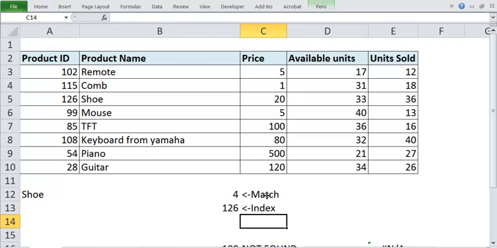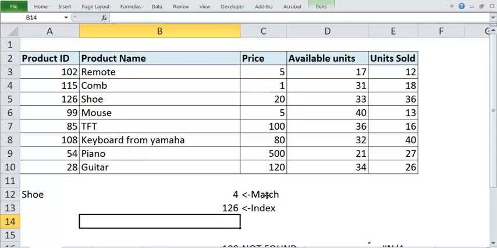So I have done it in 2 steps. Usually this 2-step approach is not what professionals do. They should be able to do the same thing in one single cell. So what we can do is use this formula as a nested formula. Nested means one formula is inside another.